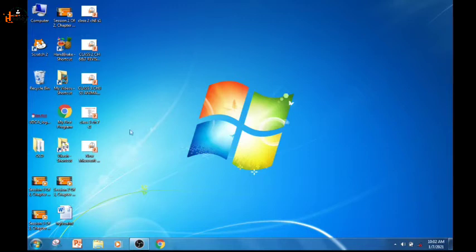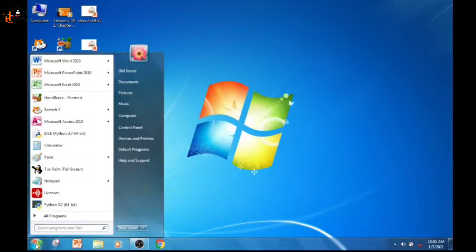This is the mouse pointer. Can you see? You have to follow this. Okay, you have to see this mouse pointer. Wherever it will move, I will press that option. Okay, see, this is the start button. Can you see the start button? When I will click on this, these are the options.